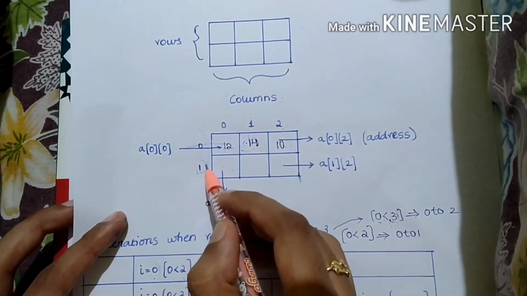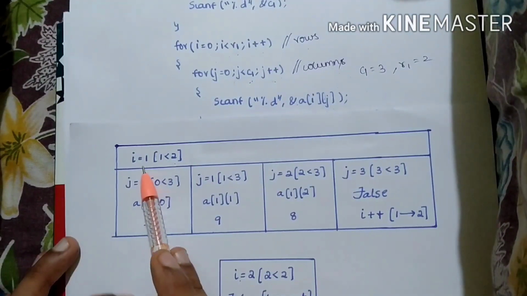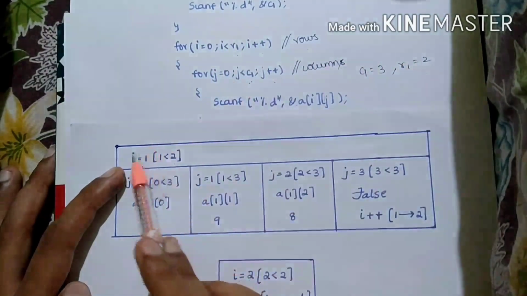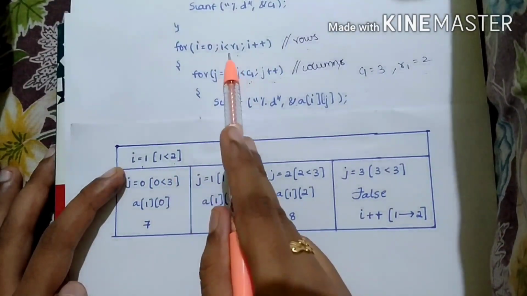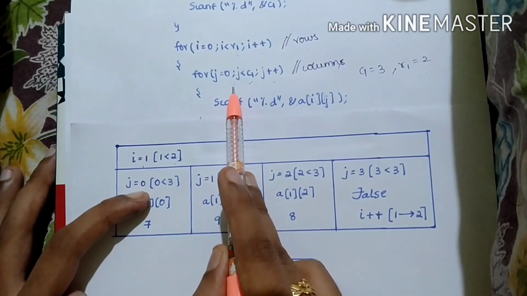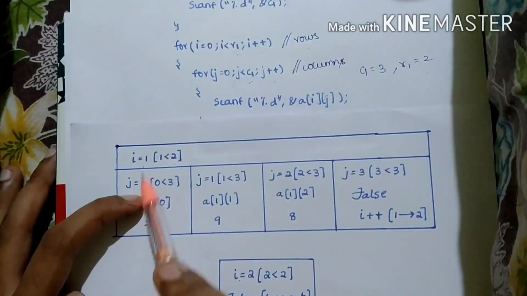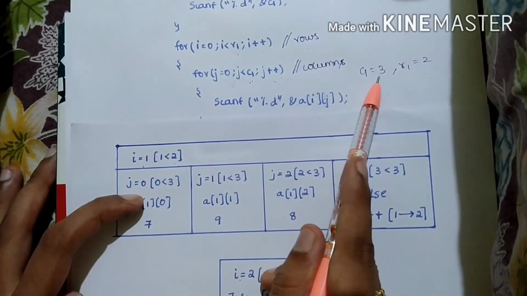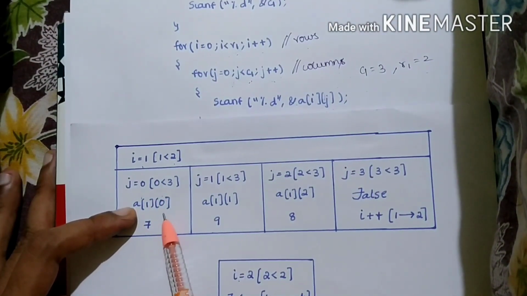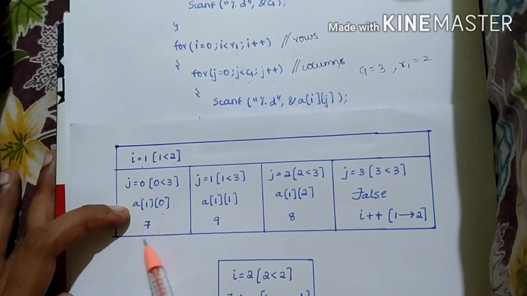Here I is equal to 1, got incremented to 1. It checks for the condition, 1 is less than r1. R1 is 2. 1 is less than 2. It is true. So again it goes into the j loop. So j is equal to 0. Again, as I said before, it checks for the condition. Initial value is 0. 0 is less than c1. 0 is less than 3. Satisfied. So a of 1 of 0, and in this position this 7 will be stored, which is entered dynamically